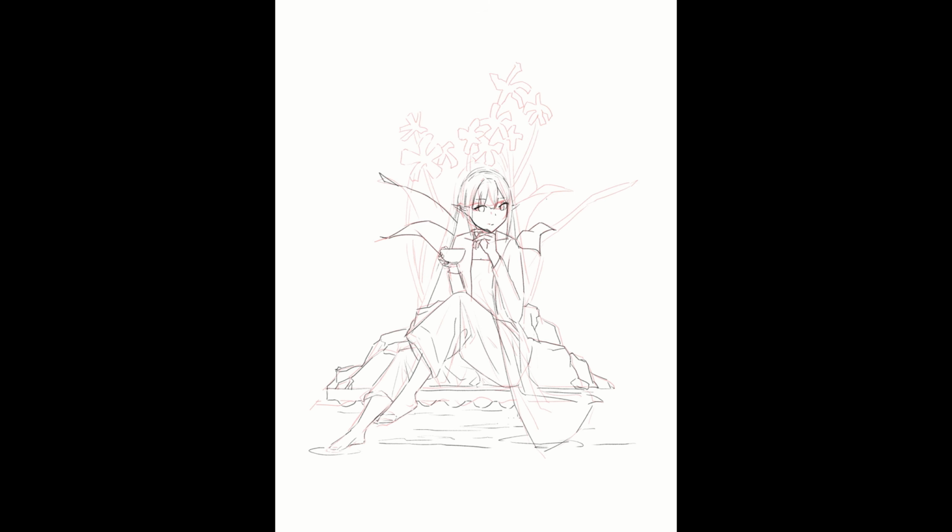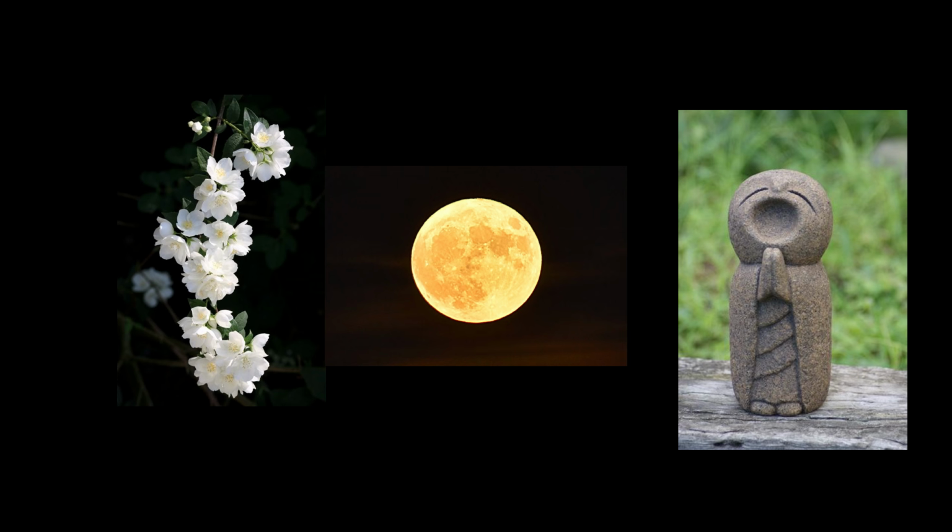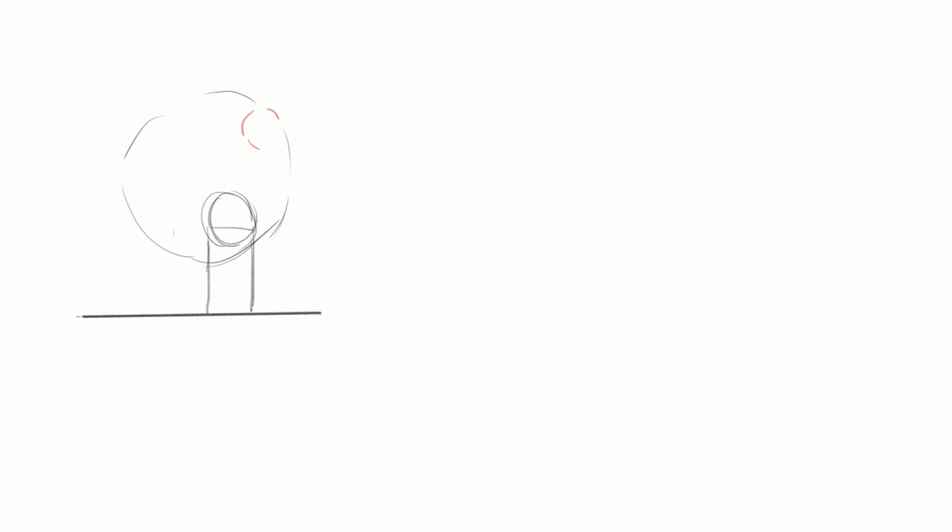So, how to actually practice them and use them in our own works? Instead of focusing on the entire painting, you can start with designing object combinations. Randomly choose 2 or 3 objects and find ways to combine them. For example, jasmine flowers, the moon, and a strange sculpture. The objects themselves are not that important. Think in terms of shapes. As long as the outer contours are emphasized, the lines within small objects are merely decorative.